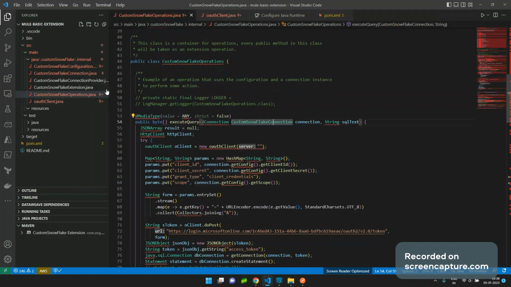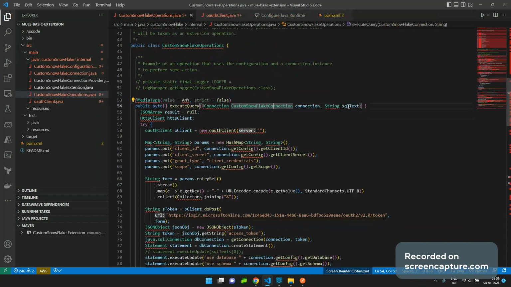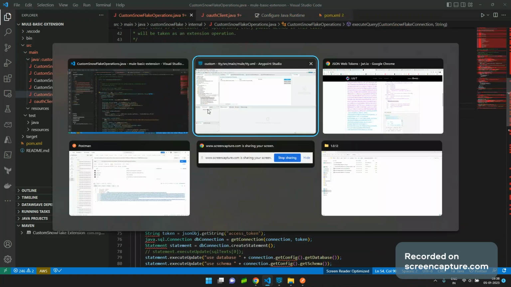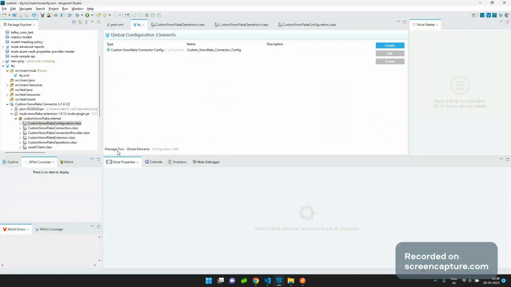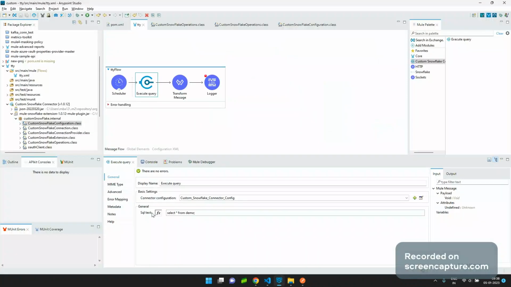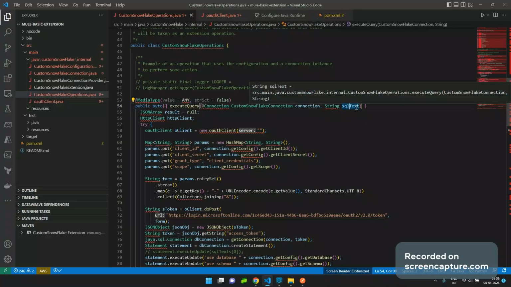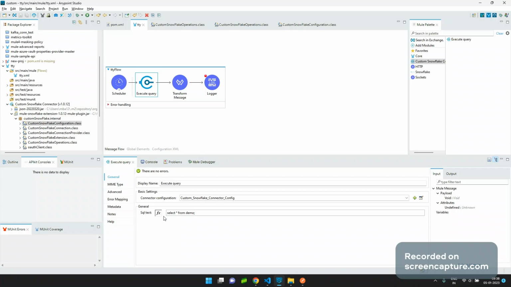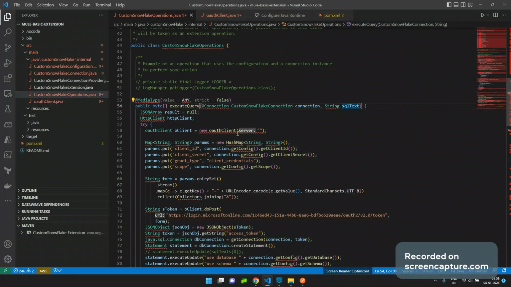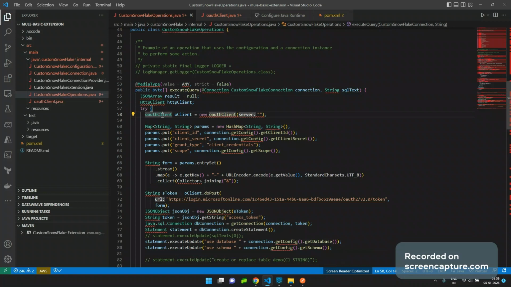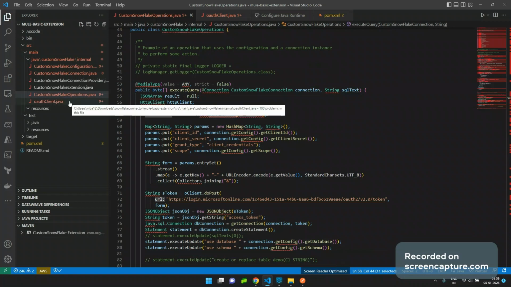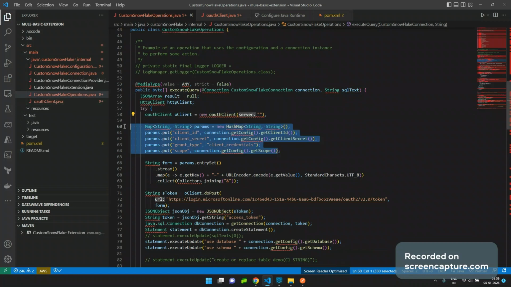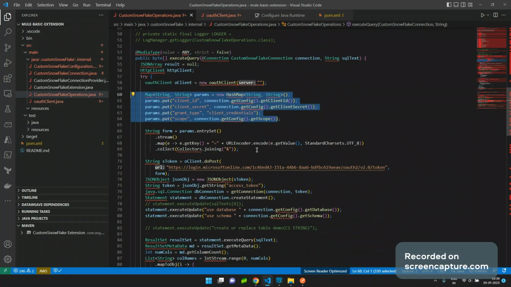So now I'm going back to operations, where I would expect a SQL text. Whatever we give in this place will become the connector-level configuration. So you would want to give the SQL text here. That's why it's coming here. I would make it bigger, but I'll do that later. So this is the OAuth client. This client is actually this file. I am making an HTTP connection and procuring the token that you have seen while debugging, right? So we are adding these details and